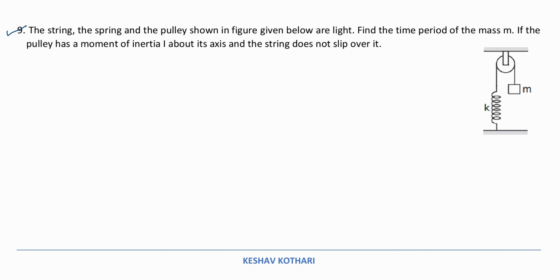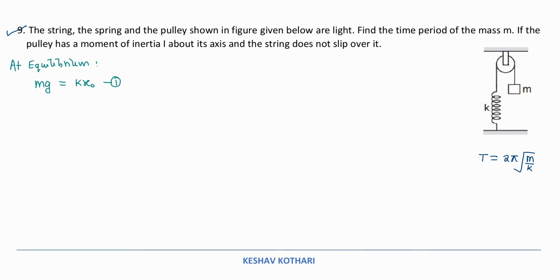So over here, if I were to write the time period for the system without involving the moment of inertia, then it will be 2 pi root over m by k. Now since the moment of inertia of the pulley is also involved, the first thing I am going to say is at equilibrium, the weight mg is balanced by the elongation produced in the spring, kx naught. So this we are writing as the first equation, which is going to be very vital for us.